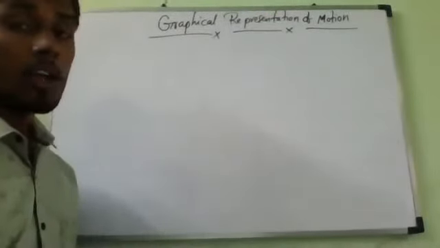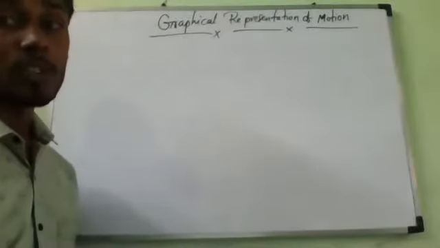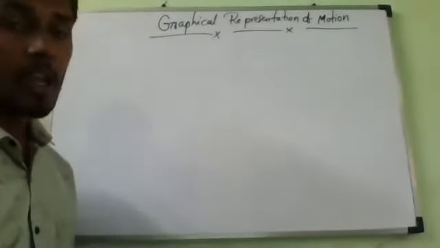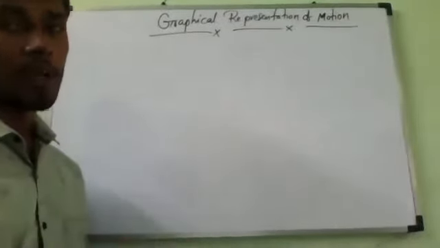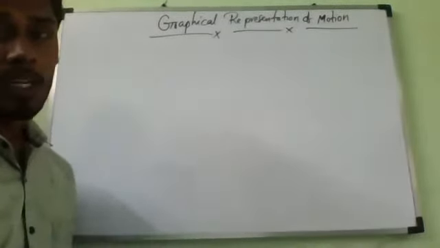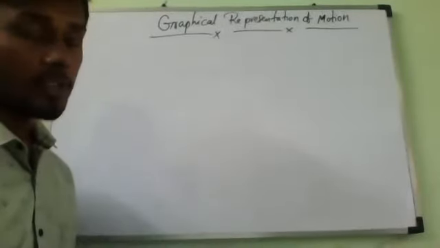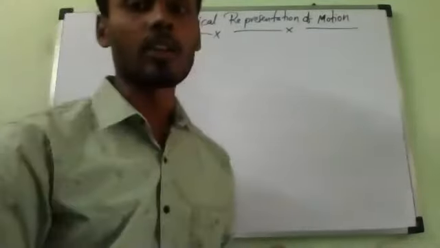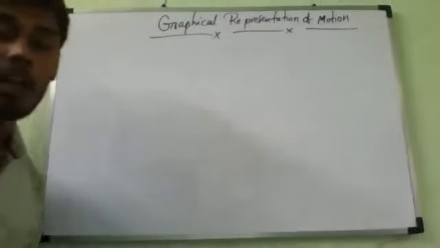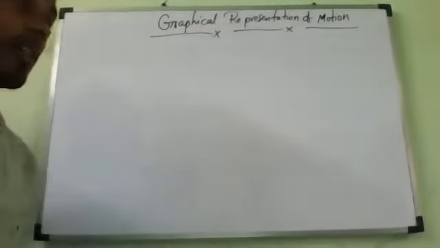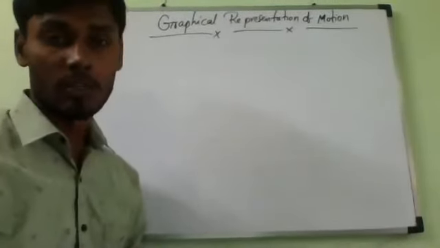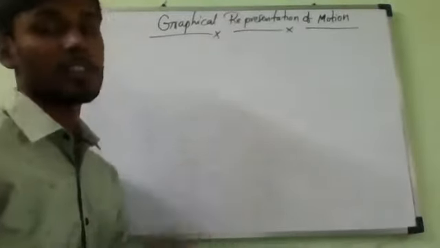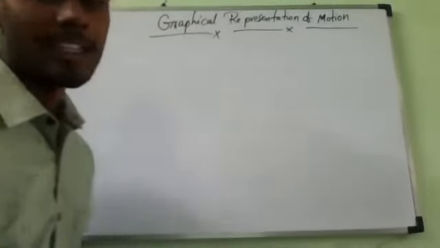Now we will discuss the various types of graphs which can be used to calculate speed, velocity, acceleration or the distance covered by a body. A very important point to remember is that in the drawing of graphs, the terms speed and velocity are used in the same sense. By using these graphs, we can calculate the acceleration, the distance, the increasing speed and the decreasing speed. That is all we are going to study. In this first graphical representation of motion, we are going to study the distance-time graph.